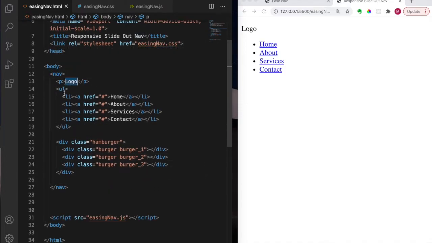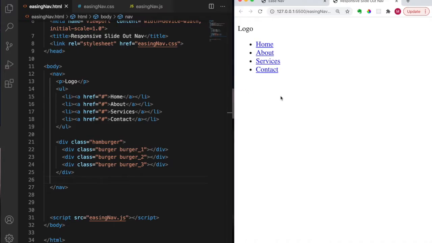Nav tag, logo, links, and some sort of hamburger. You can play around with icons and whatnot, but I'm going to do it this way. Okay, so I'm going to hit save, and the piece on the right hand side of the browser automatically refreshes every time I click save, but you can't see the hamburger yet, basically because I haven't added any styling. So let's go over to